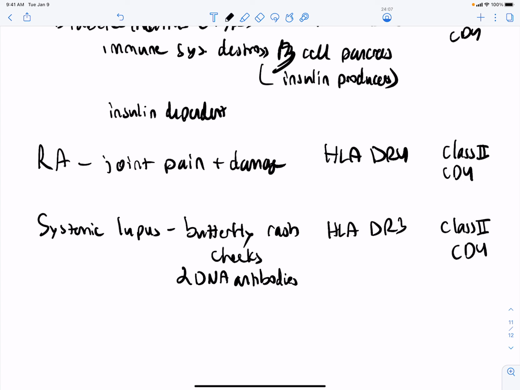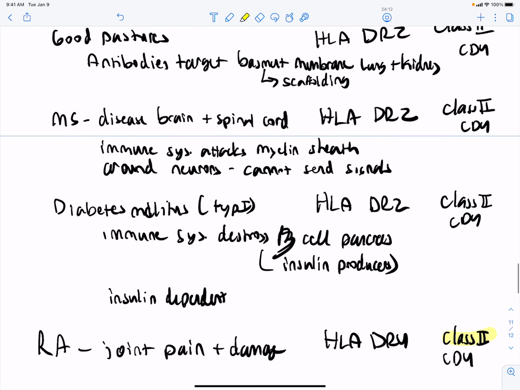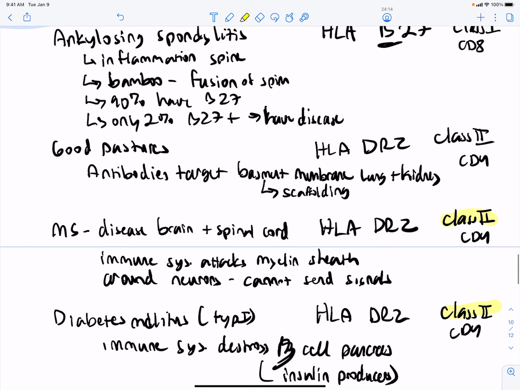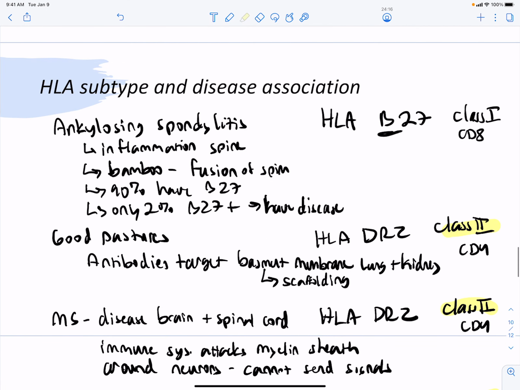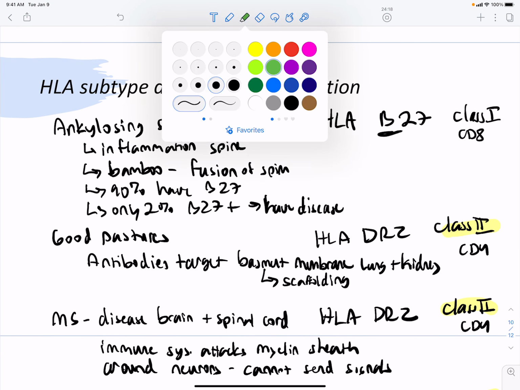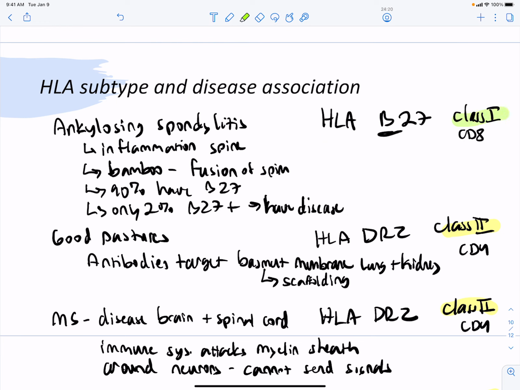So I hope what you recognize here is that we have a lot of class 2 association with autoimmunity and very little class 1 association with autoimmunity. And that's because class 2 is going to be associated more with the antibody response, whereas class 1 has no influence on antibody responses at all. Okay, so that is the end of our